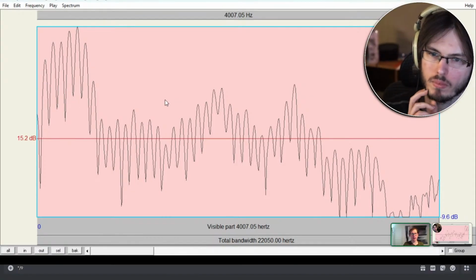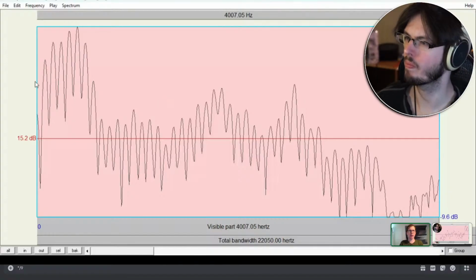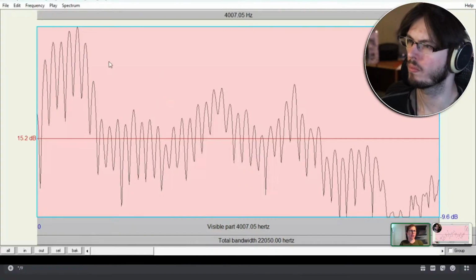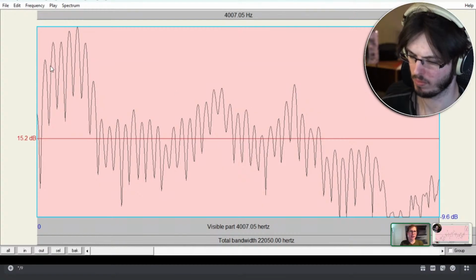I picked 100 milliseconds of the throat bass, and across all that time took an average of all the frequencies, and they show up as these peaks. Because it's a very periodic vibration and there's not tons of noise in the signal, we see lots of these individual peaks, which are all of the harmonics.